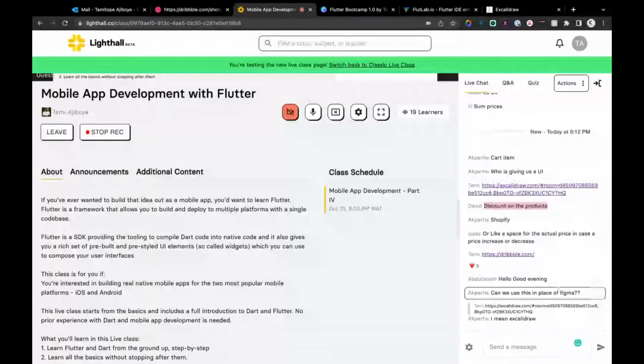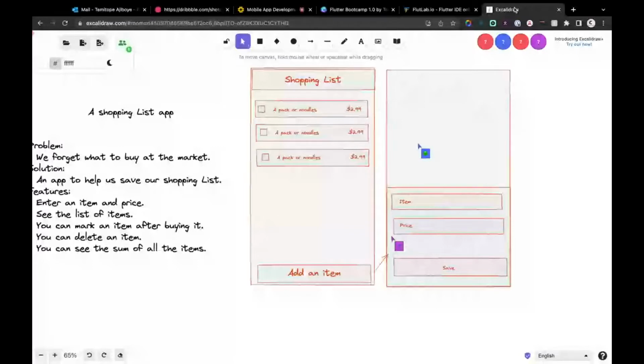Can we use this in place of Figma? No. This is just to sketch out things. If you have thoughts, you can sketch it out. But if you want real design, you use Figma. Although you use Figma to sketch out thoughts also. But